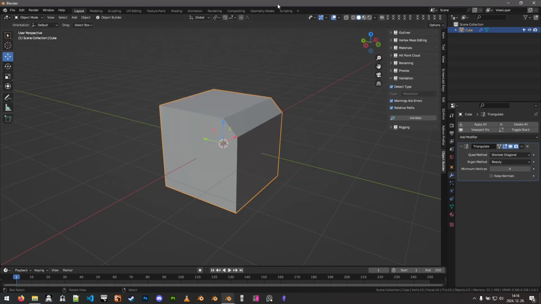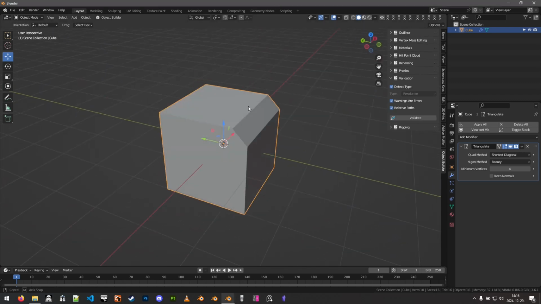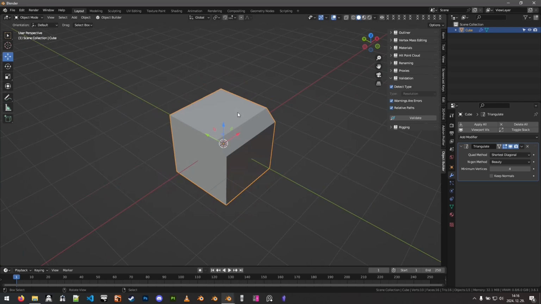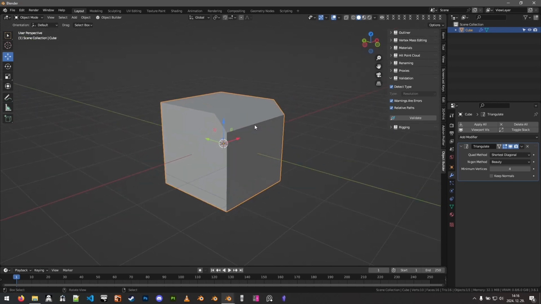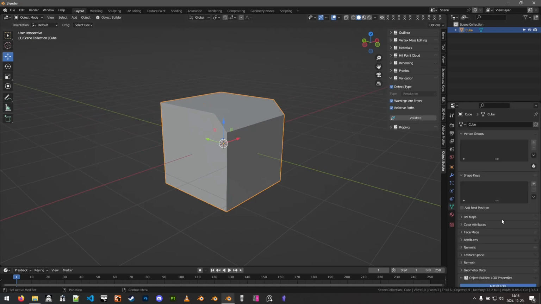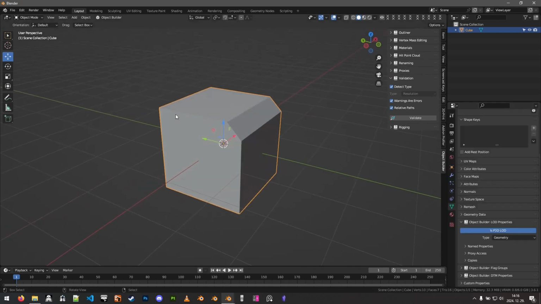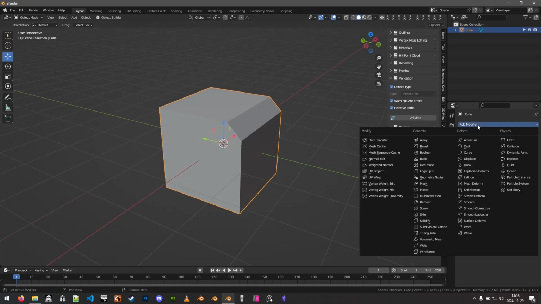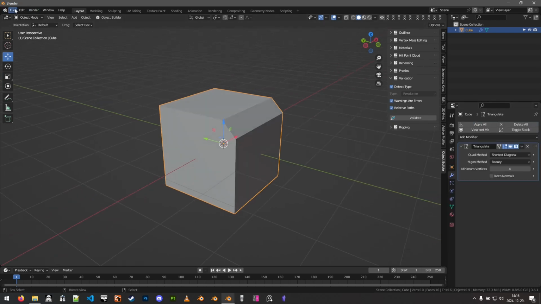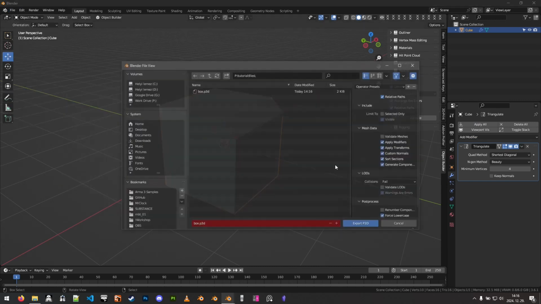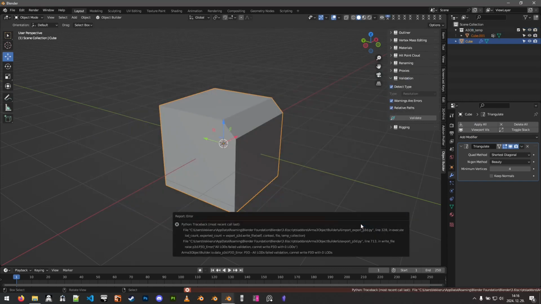Another very common reason for this to happen is not a topological error, because for example P3D files cannot store n-gon faces, so this is simply just not possible to do. But also, for example, if this was a geometry LOD and we forgot to assign vertex masses to this LOD, actually I do need the triangulation, and when we export, if I enable validate LODs option and try to export,